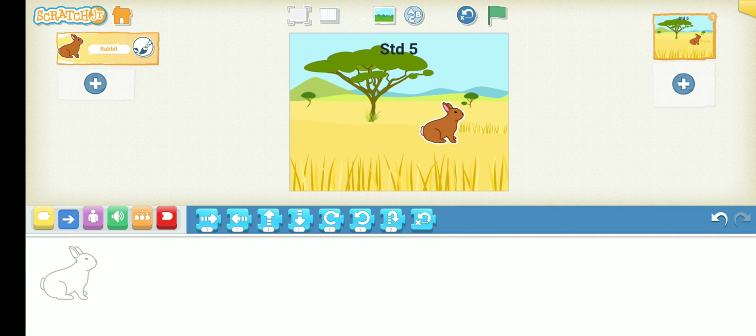The next blocks are taking a turn: right turn and left turn. So let us see how it takes a turn. Suppose go 1 step forward, then take a right turn. These turns also you can change. I am just taking one, you can also change it, and just tap on it and you can see it moved forward and took one turn.